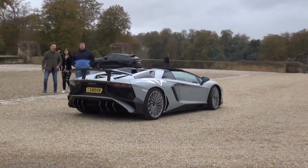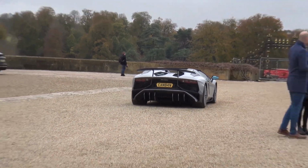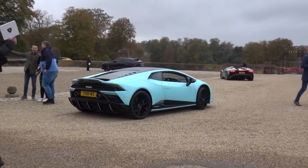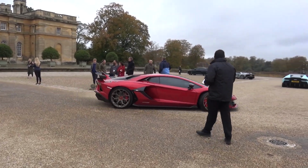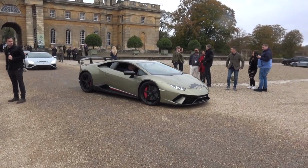Evo rear-wheel drive is a fantastic car, especially for the money when you consider that's about 100 and something thousand pounds less than the STO. Well, for the coupe version of it. That's unusual. The wheels are the same colour as the SV Roadster. Actually kind of works in that shade. That's also a very light colour car. It's got the wedge down the doors, like what we've done on my STO. That red with gold SVJ is really smart. Gosh, if you wanted to spec a car,